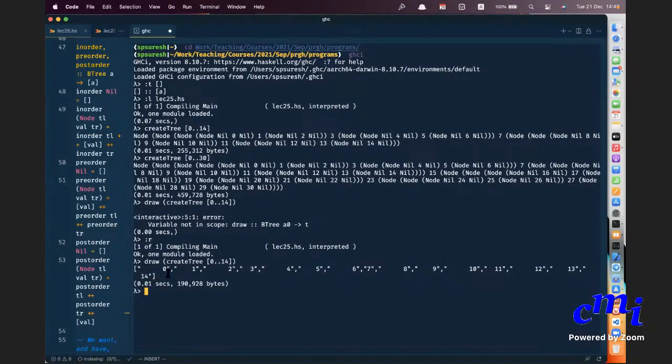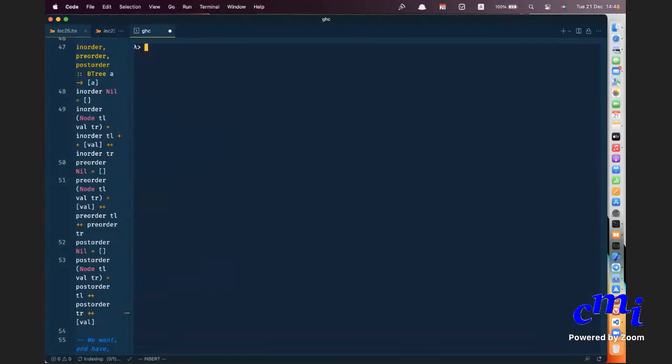So 0 and then 1. You see that various things have various amounts of space added before them. 7 is the root. It has no space added before. If I actually say create tree of 0.14, let me clear the screen first and then say.